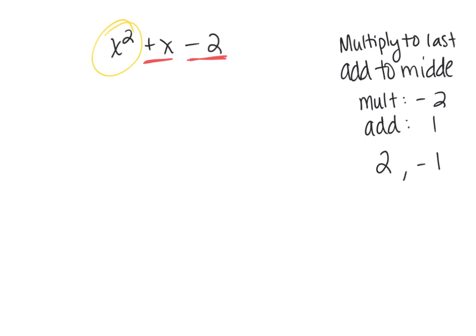You might have to do a little trial and error here to figure out what numbers are going to work. But once you have those numbers, then you have the factors. This becomes x plus 2 and x minus 1, and you're done. Now it gets a little bit harder when there's a leading coefficient. When we have something like this one, 4x squared plus 39x plus 56, we got a little more work to